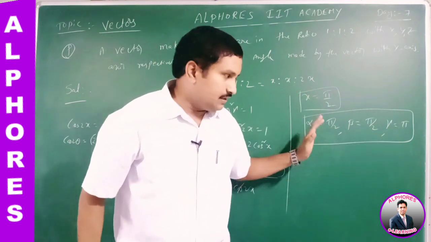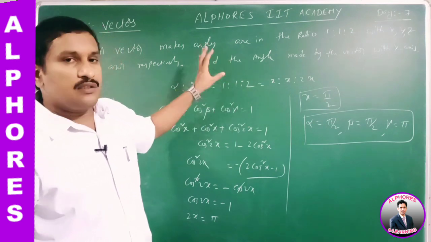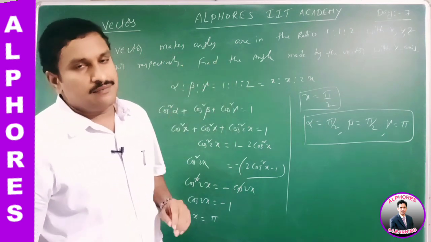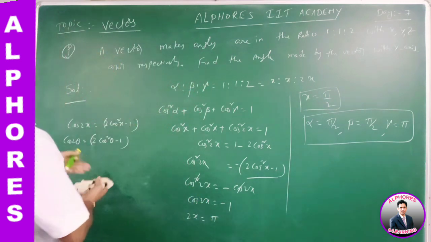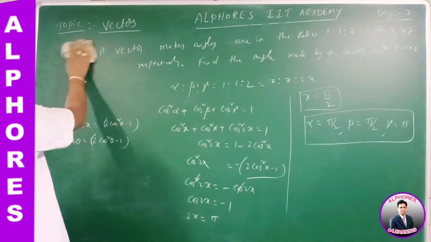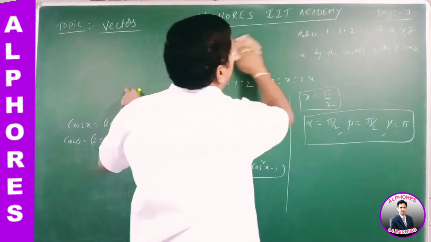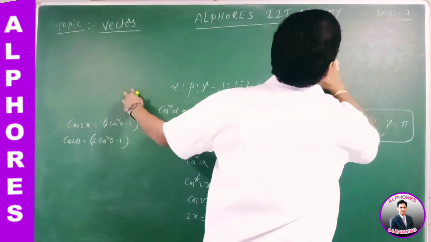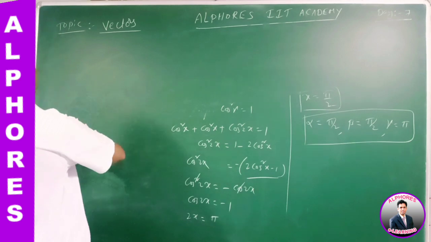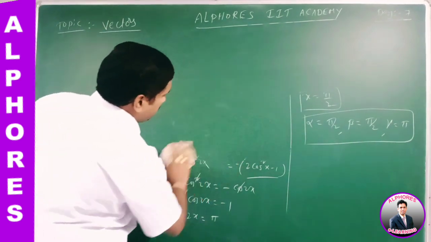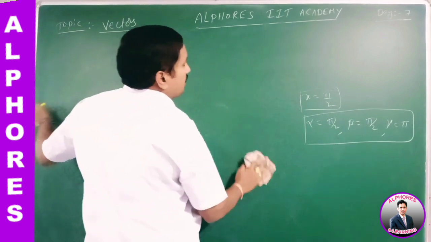Right? Clear? These are the problems regarding the resolution of vectors in two dimensions as well as three dimensions generally. Now, after completion of this problem, I have to explain the rotation of a vector, how to rotate a vector. I am taking one problem, and based on the problem I am explaining the concept of rotation of a vector.